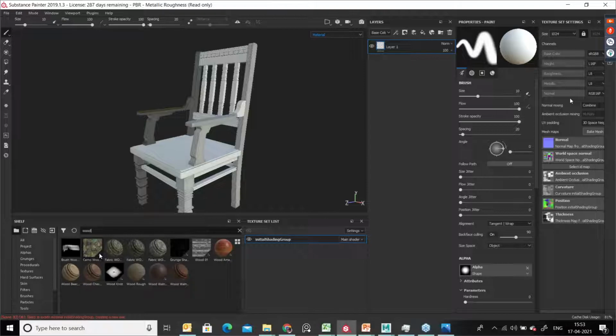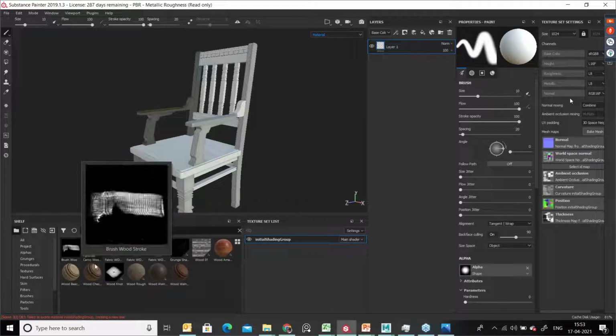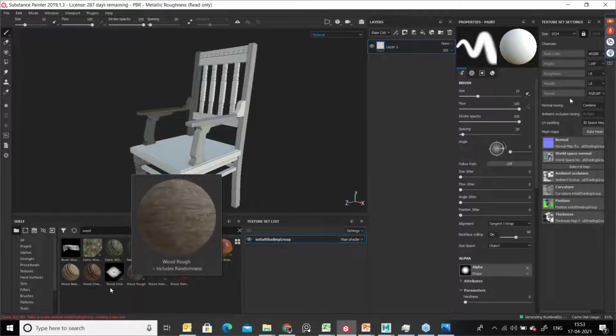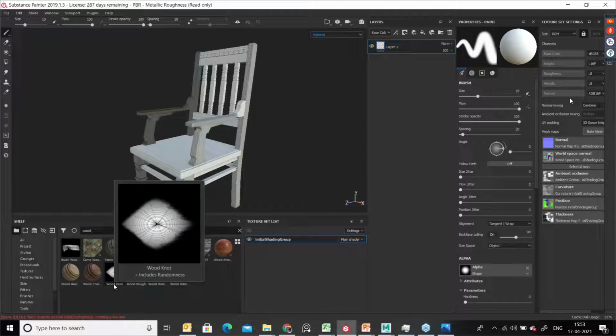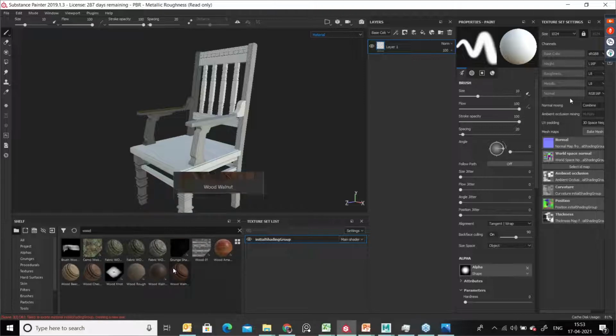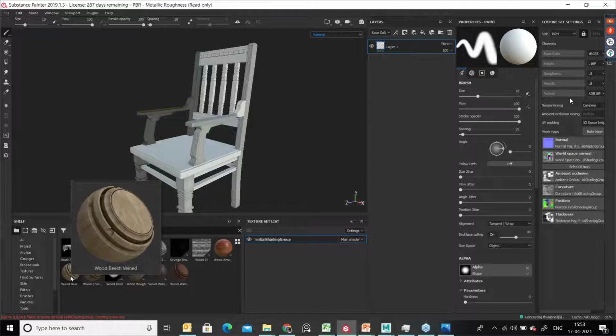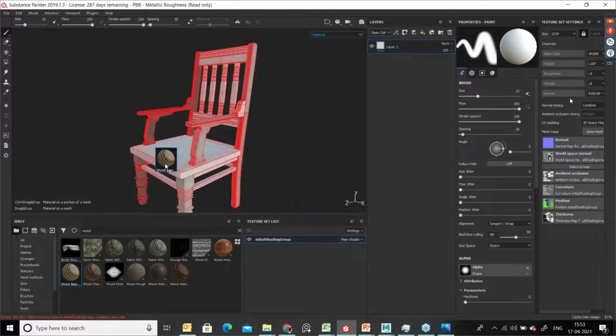Whatever textures are available in Substance Painter, starting with wood or with a name that includes wood, everything will display over here. So in this, you can try some wooden furniture and check how it is, because this is not a very brand new wood, it's an old wood texture.